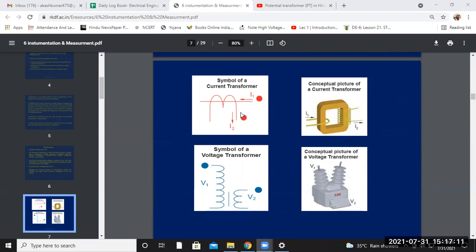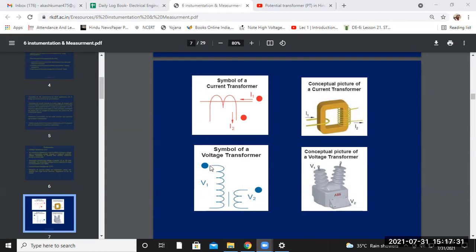As you can see, this dot showing the one dot is for the entering purpose and the second dot is for the leaving purpose. Current leaving that point represents your dot. The dot convention you have already studied in your simple two winding transformer. Here, if you